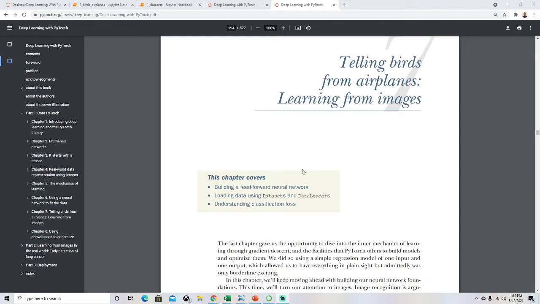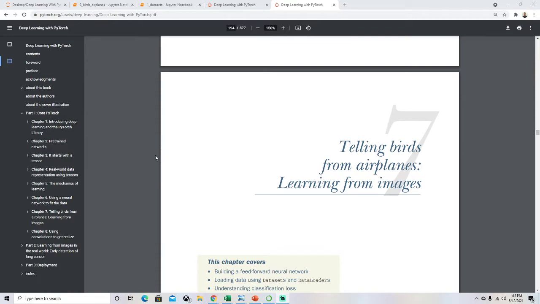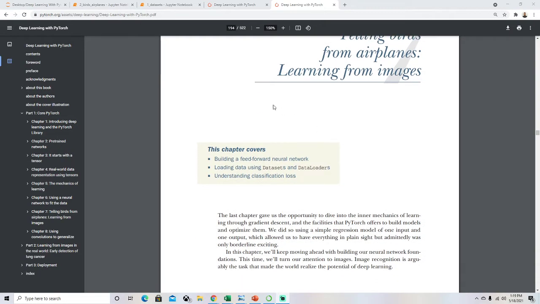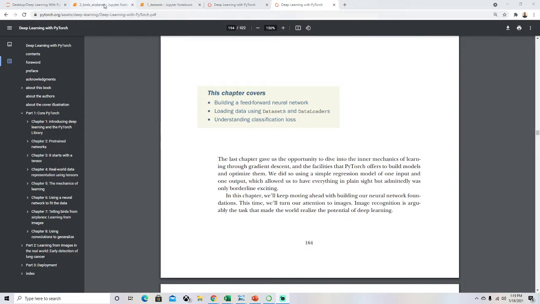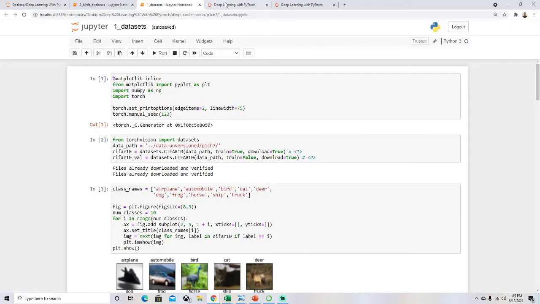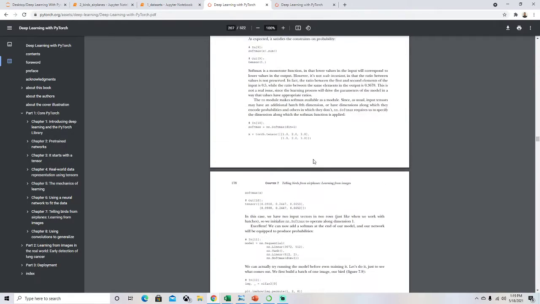Today we're going to be going through Chapter 7. In Chapter 6 we built neural networks to convert temperature from Fahrenheit to Celsius. In this one we're going to be telling birds from airplanes. The code here, there's only two, datasets and birds underscore airplanes. They don't go through the entire code in